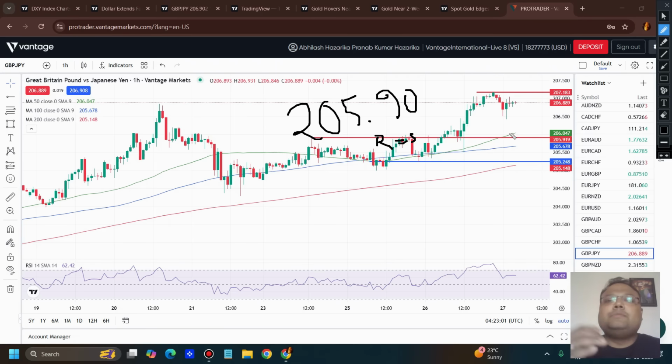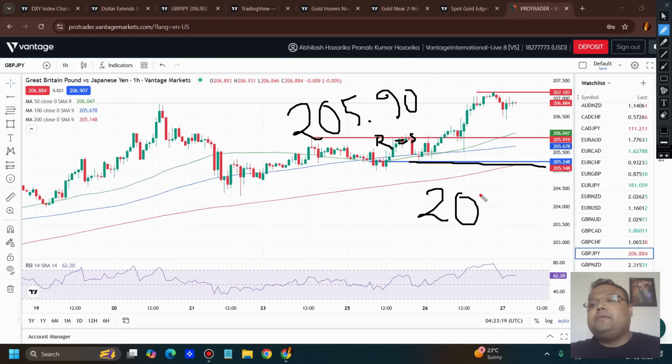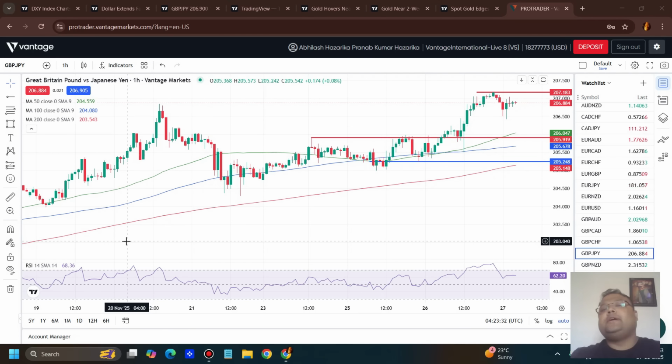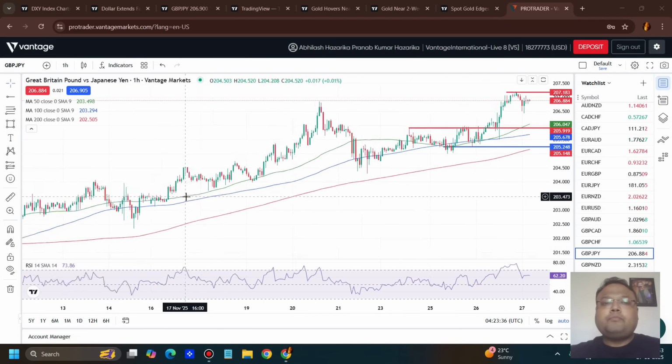So if the market comes down during the day, observe the market around this area, especially during the European session. If it takes support, then we can look for a buy position. But on the other hand, if you see that the market is coming down with great selling pressure, a big red candle, then the second best support will be around 205.25. Another support here. So these are the two levels where we can look for a buy at GBPJPY if it comes down for retracement. But GBPJPY, as we can clearly see, is maintaining an overall upside. So retracements are always safer.